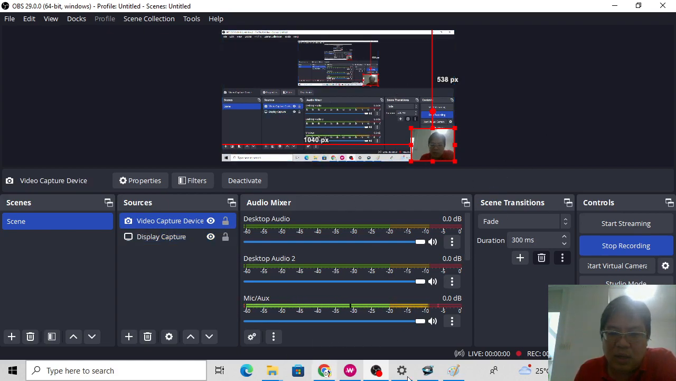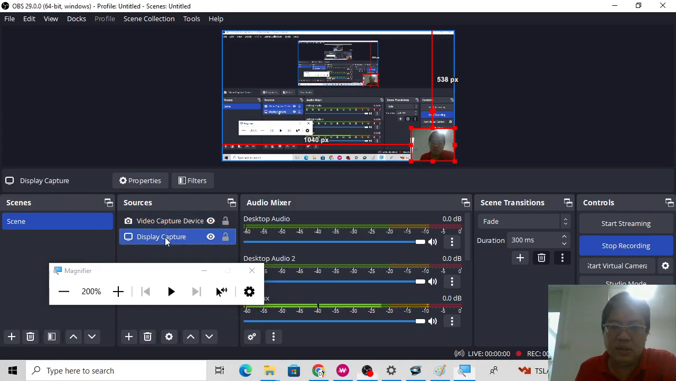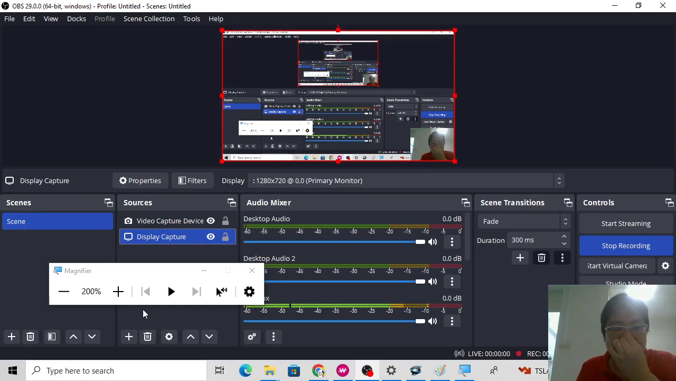So I will just start with the tutorial. It's very easy to do. You see the display capture here, right? Before you even start, I already created a scene with the display capture. So basically, you're seeing